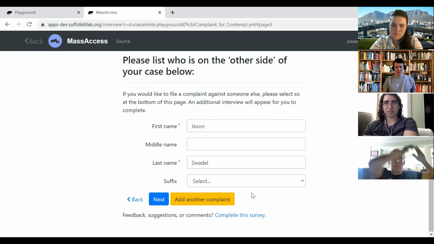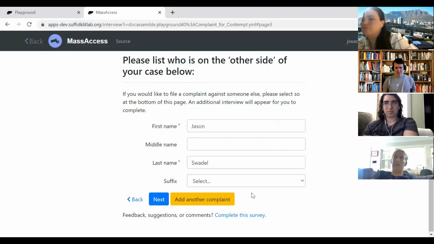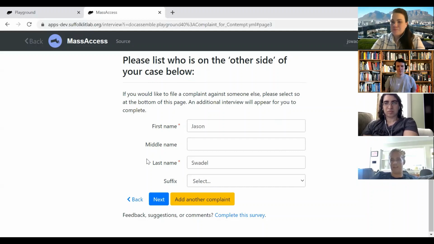Okay. I could see courts rejecting it. I don't know that they will reject it, but I could definitely see that. I think the safest thing to do would be to do two separate complaints for contempt. I could definitely see courts rejecting two defendants on the same one. Right, so we talked about that. Kate, is this what you're thinking? So within one interview, you'd have multiple defendants and multiple complaints, but the issue is the same. I could kind of see that.